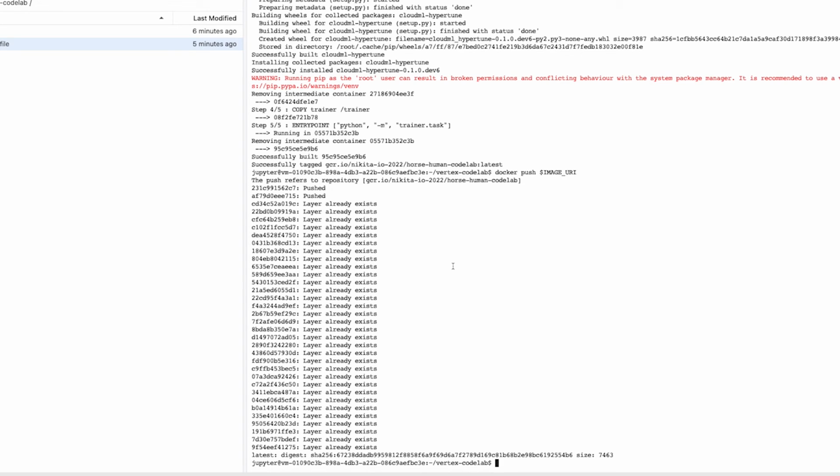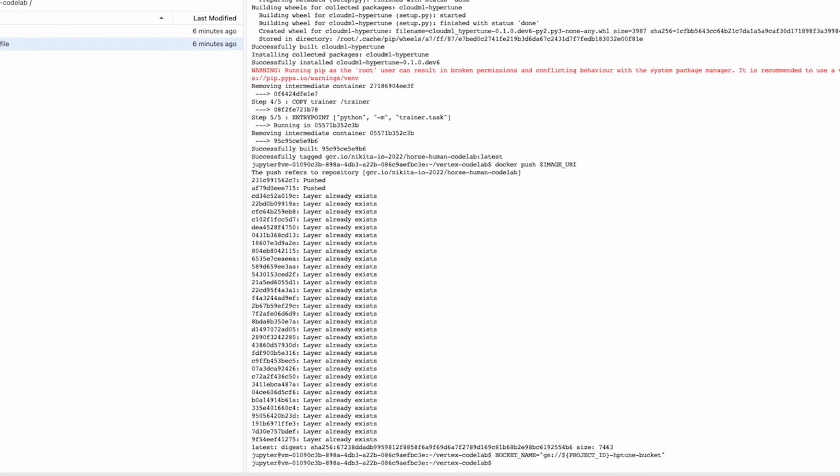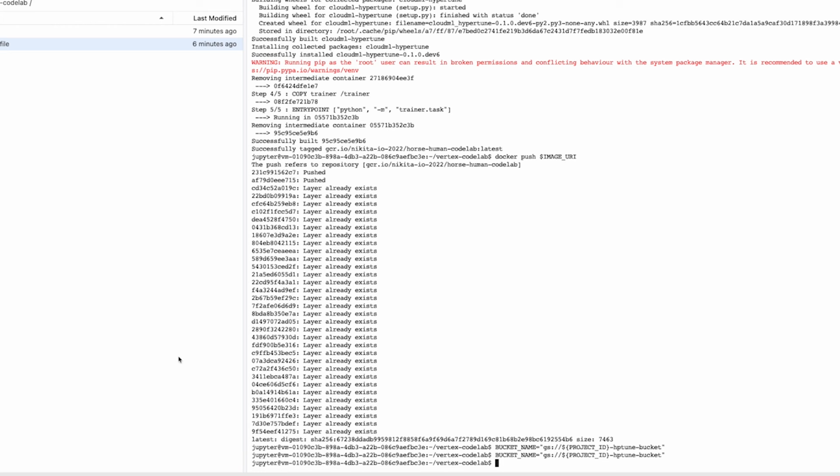All right, so the last step before we go ahead and launch the hyperparameter tuning job is to create a Cloud Storage bucket. We will just need a staging bucket for when we launch our training job. So we can go ahead and create our bucket. So I've chosen to call the bucket the name of my project ID-hptune-bucket. Buckets need to be unique. So this is just an easy way to make sure we create a unique bucket. And you can create the bucket with the following command. I'm not going to execute this command because I've already created this bucket, but if you are creating a new bucket, this command will help you do that. And with that, we are ready to head over to step 7 and launch our hyperparameter tuning job.